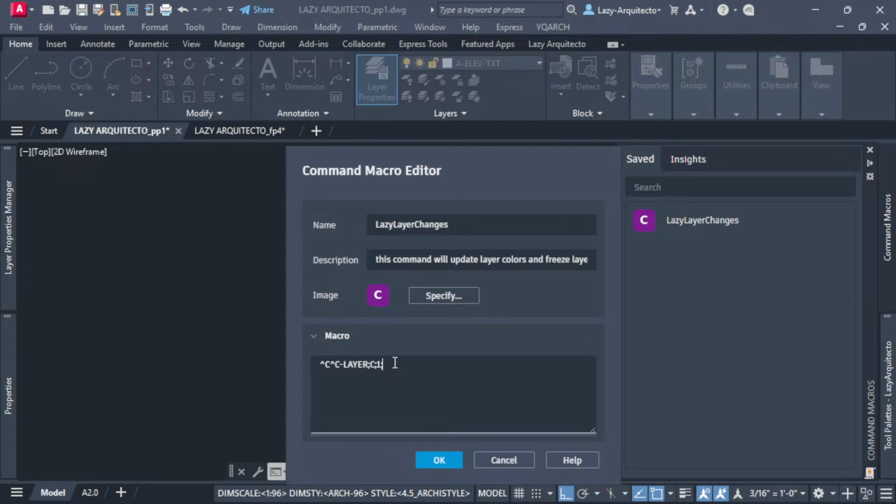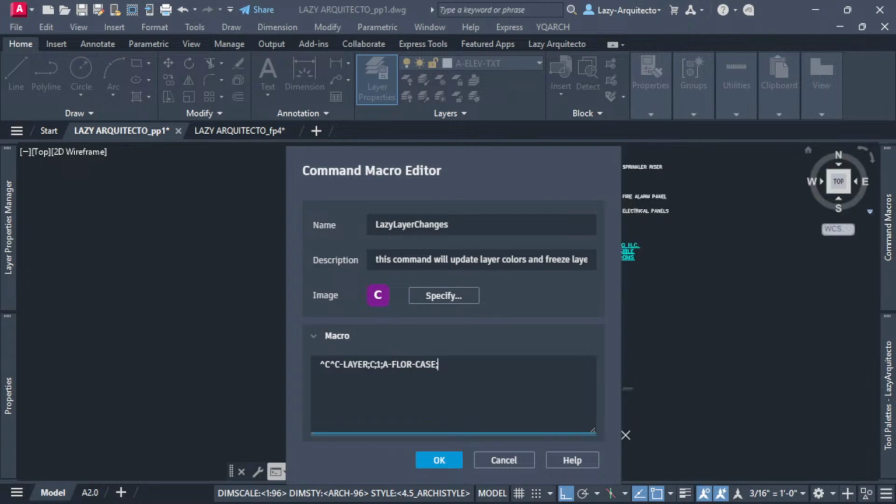Now, I'm gonna start typing the layers. So I'm gonna say A dash floor case. I'm gonna press enter. Now, if I click OK,